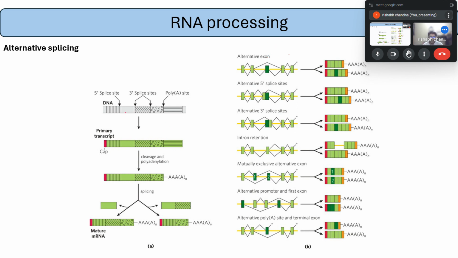This is shown in figure A, where we have the 5 prime splice site, the 3 prime splice site of an intron that needs to be retained, and the poly A site. So this is the primary transcript with the cap and all the sites. Then we have the cleavage and